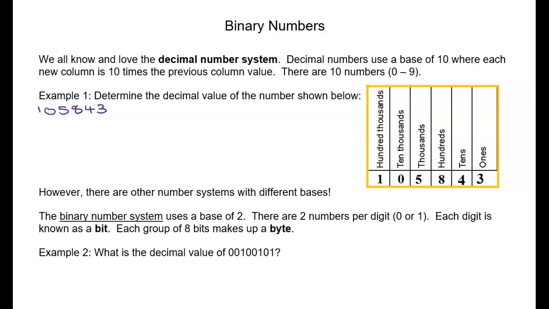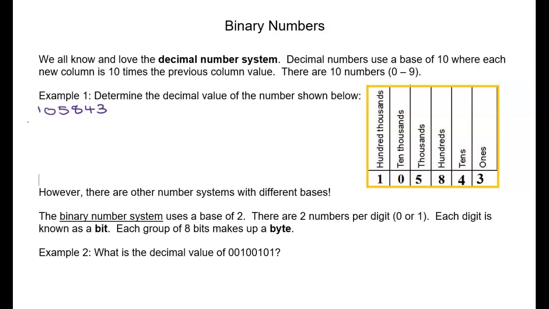So in the decimal number system, for example, the number 3 is in the ones place, the number 4 is in the tens place, and the number 8 is in the hundreds place. Each digit is separated by a factor of 10. So it goes 1, 10, 100, 1,000, etc. And if I were to convert this value into its decimal equivalent, basically I would take, for example, I